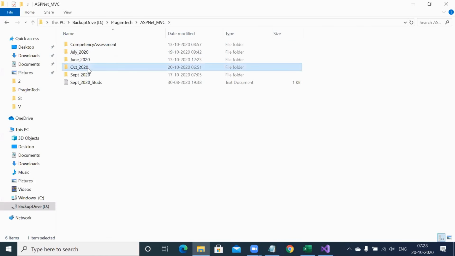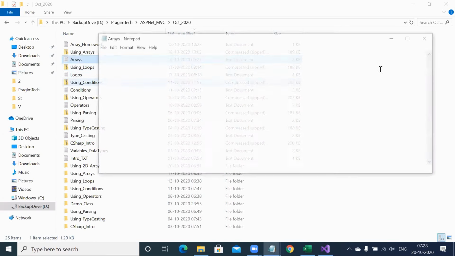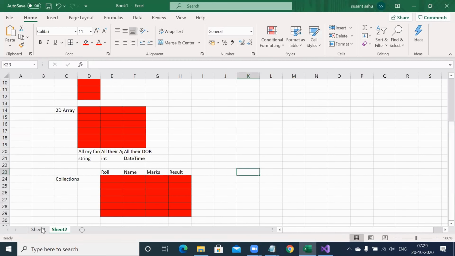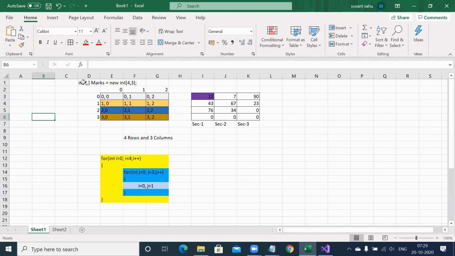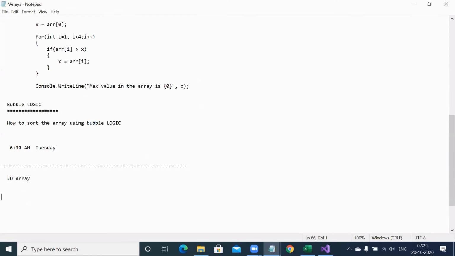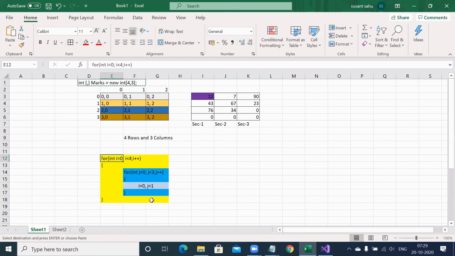I will open the same notepad, guys, that we have written the short note in till last class. Here, below the HTML, I'm giving the 2D array. Why not? I will copy paste this stuff in that notepad also, so that you can refer to it even if that Excel sheet is not there.